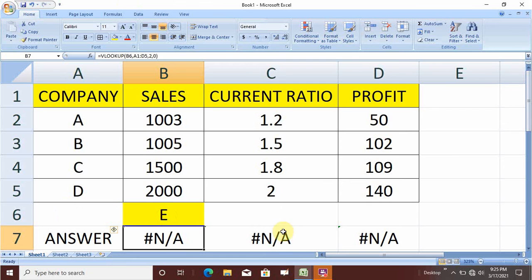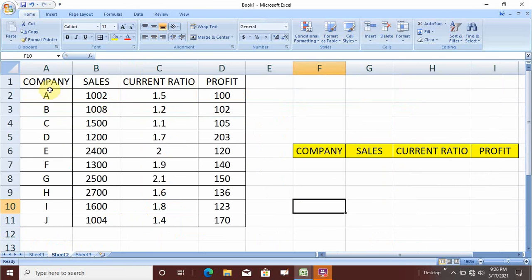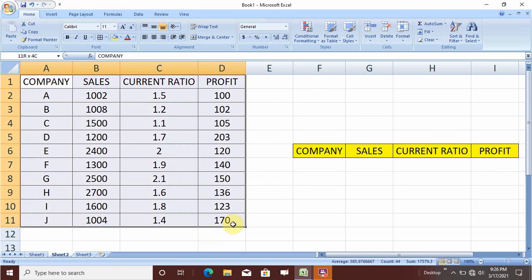So let us see the same thing. Again, if I put B, then the answer will come. Now let us see if the same quantum of data is given on the large scale. Now this can go further larger. It can go to 5,000, 10,000, but just to make you understand, I am using here 9 or 10 companies. So let us start here.